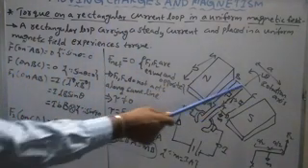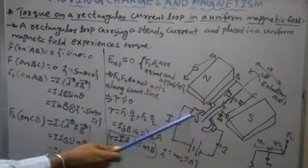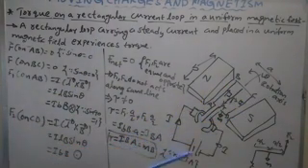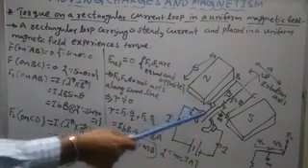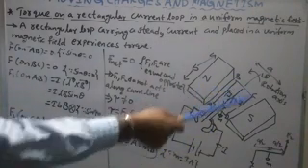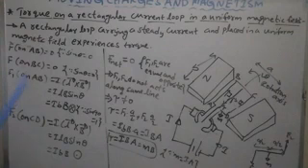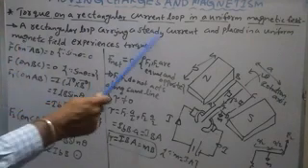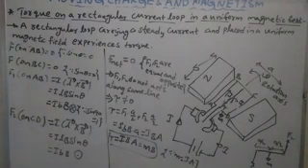The rectangular current loop is connected by using a commutator and carbon brushes. It is connected to a DC source. Current flows from the positive terminal to the negative terminal. This current carrying coil is placed in a uniform magnetic field, and then it experiences a torque. So a rectangular loop carrying a steady current and placed in a uniform magnetic field experiences a torque.